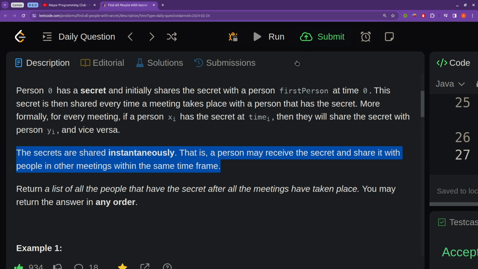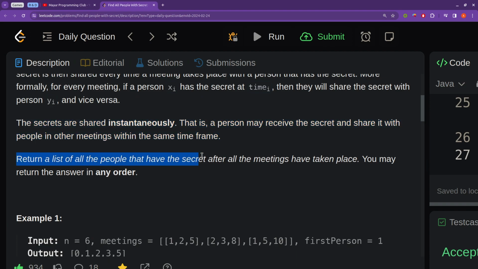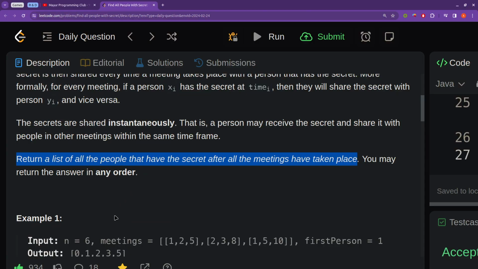Okay, and then we have to return a list of all the people that have the secret after meetings have taken place. Okay, so when all the meetings mentioned in this particular meetings array are completed, we have to tell which persons will be having the secret. Okay, so this is what we have to do in this particular problem,